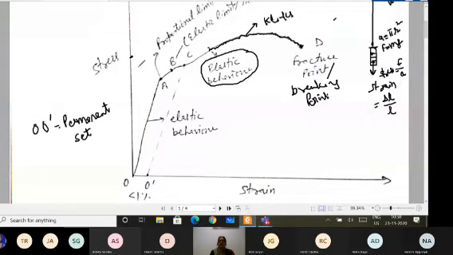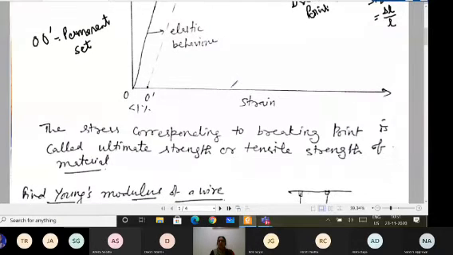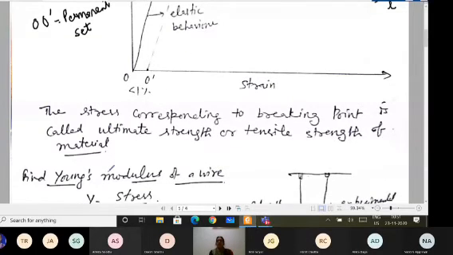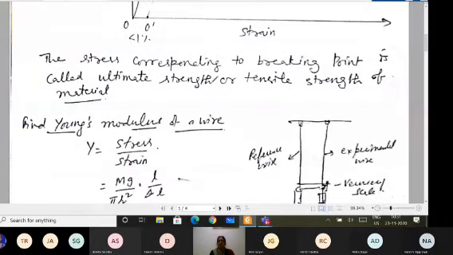So this graph showing you the stress strain graph of a metallic wire is of course very important. As I have said, this breaking stress, you may term it as the tensile strength of the material. Breaking stress, the tensile strength of the material. You can be asked to explain this graph and define the various terms, like what is the proportional limit, what is elastic limit, what is breaking stress. All these you should be able to explain.